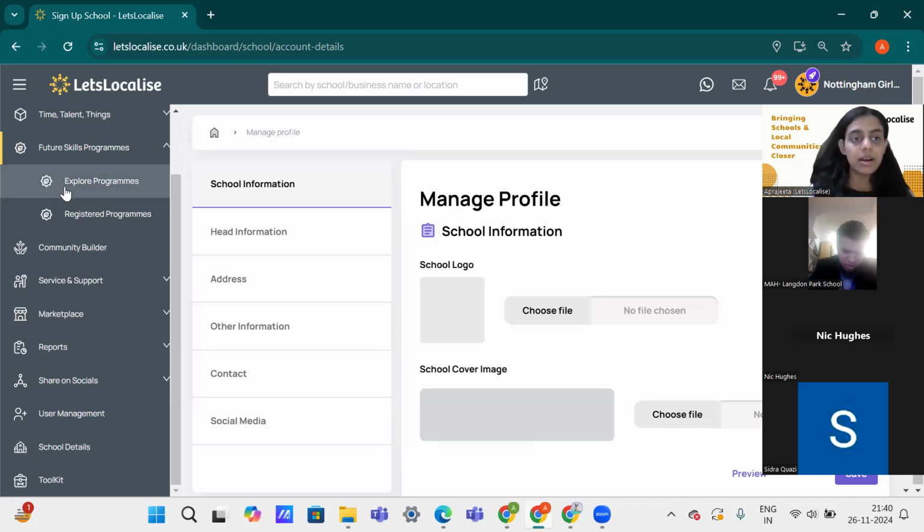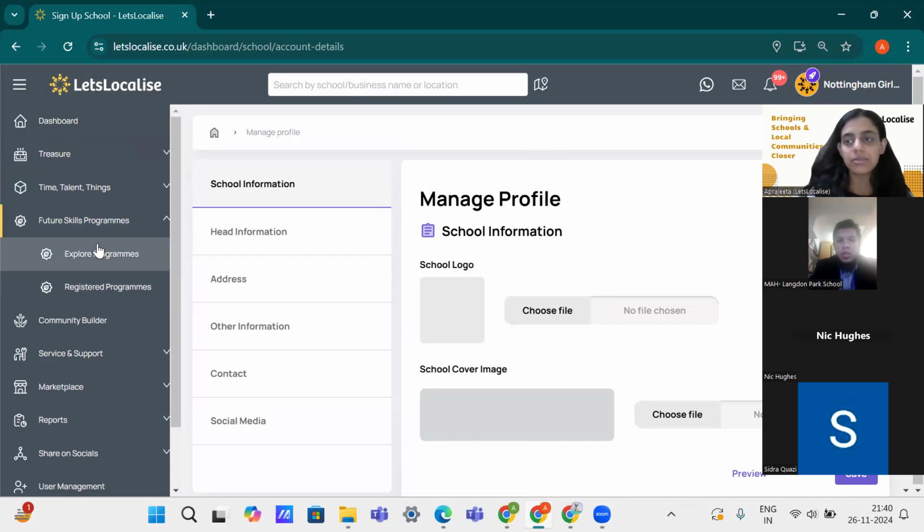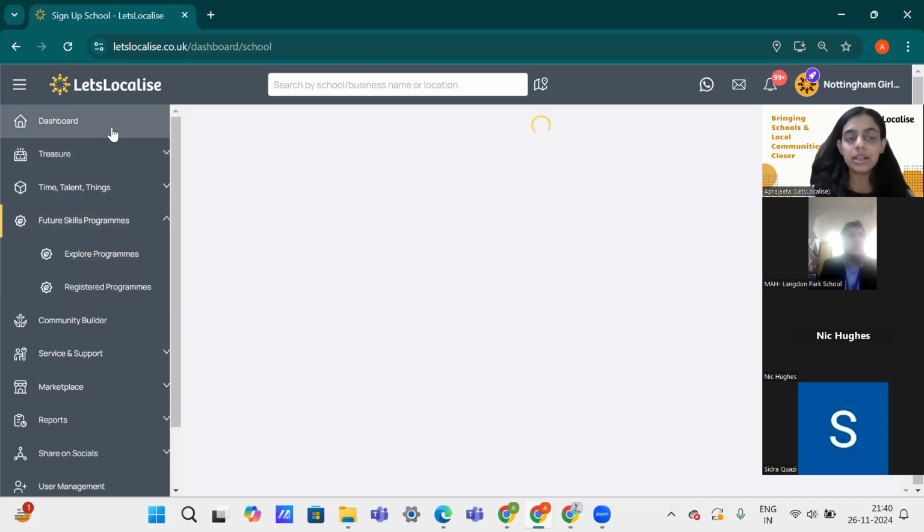Once you fill in those details, then you can access the platform and all the lesson plans. So it's just a tiny update. You can fill it in as and when you log in. Then you'll be taken to the dashboard.